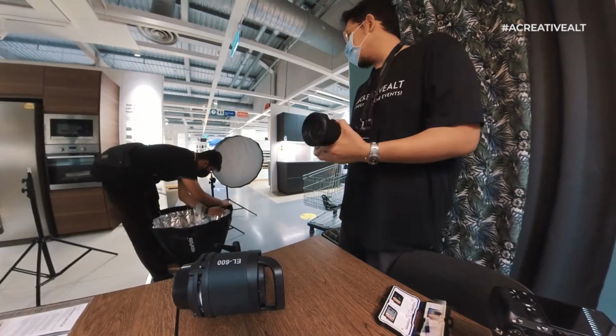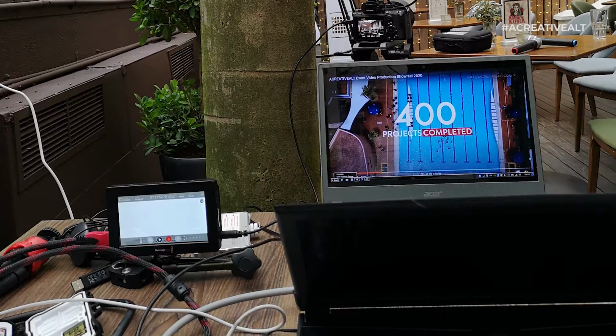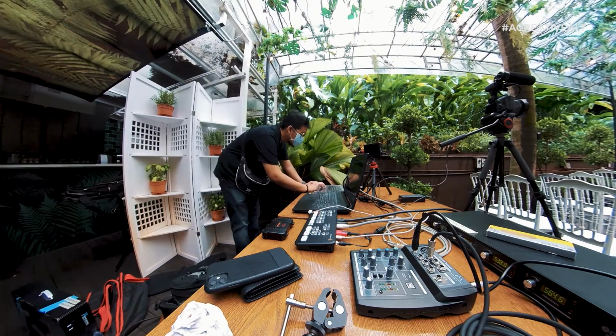But my favorite camera last year, and I do believe a lot of video guys would agree with me, is actually this gear, which is the Blackmagic Atem Mini. This deserves to be my favorite gear of the year, and of course for many others is the fact that I think this device has helped many of us in the video industry and in the events industry to survive